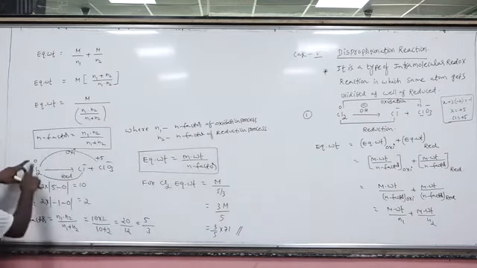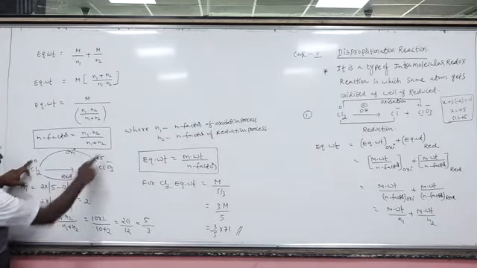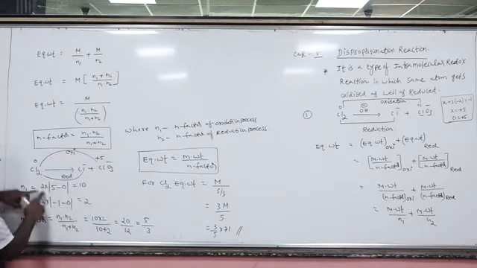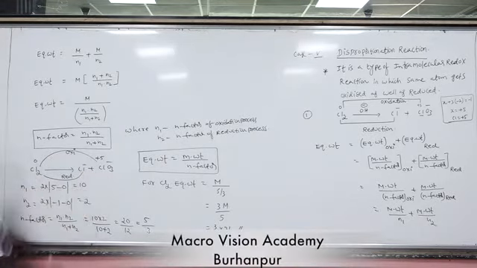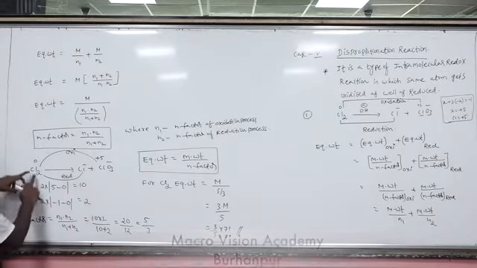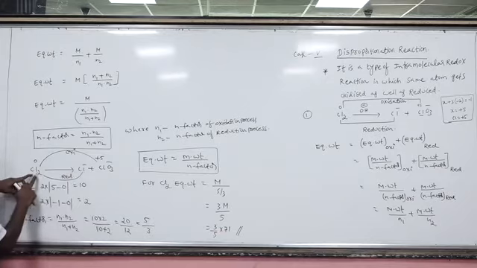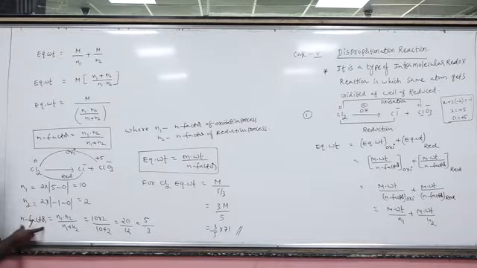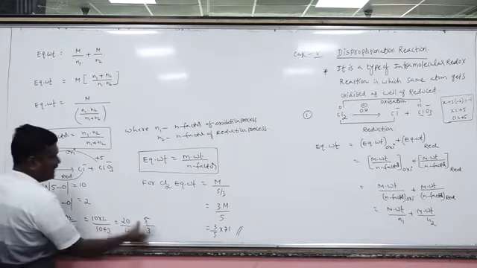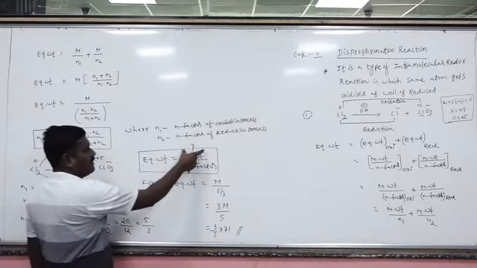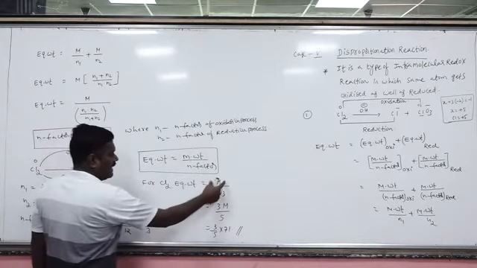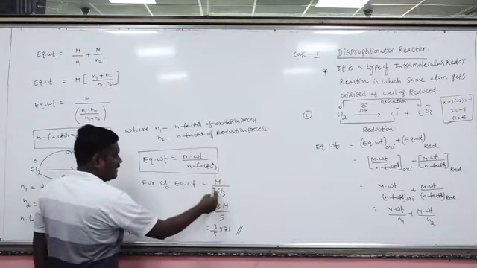So here 0 to plus 5. So change becomes 5 per atom. There are 2 atoms, so change will be 10 in the oxidation process, N1. And coming to the reduction process, 0 to minus 1. Change will be 1 per atom. Here there are 2 atoms per mole, so 2 into 1, that is 2. So N1 we know, N2 we know, so the n factor is equal to 5 by 3. So equivalent weight is equal to what? Molecular weight by n factor. Molecular weight, let's suppose capital M, n factor will be 5 by 3.